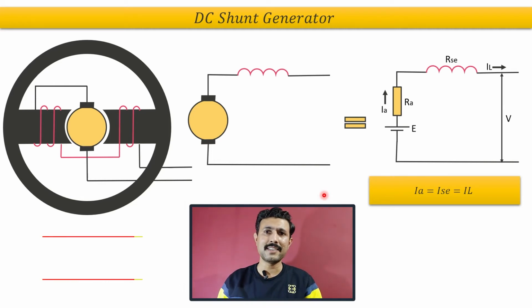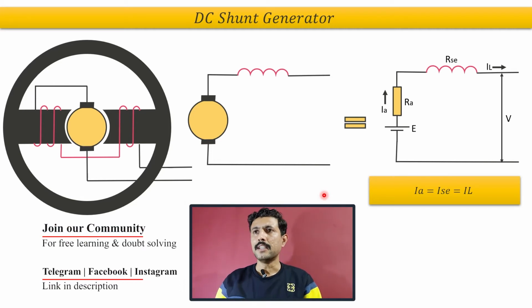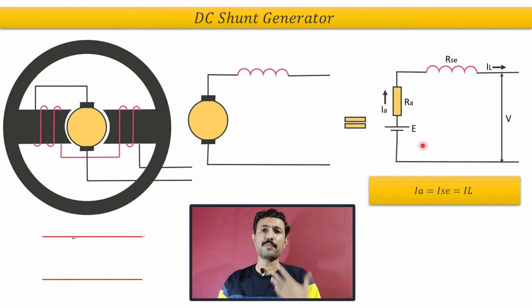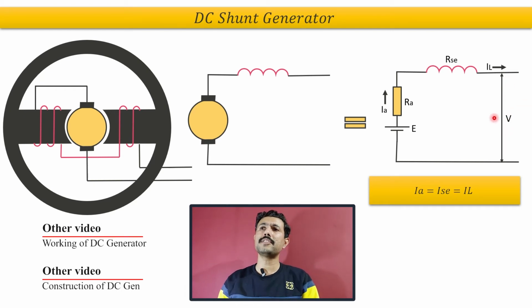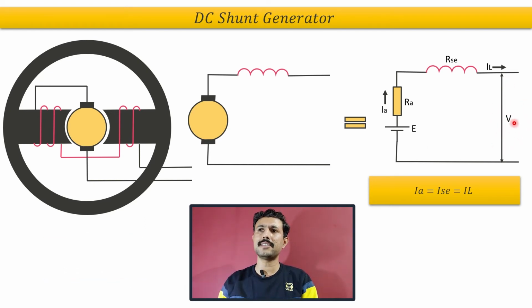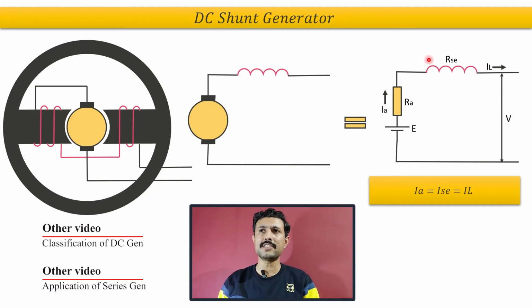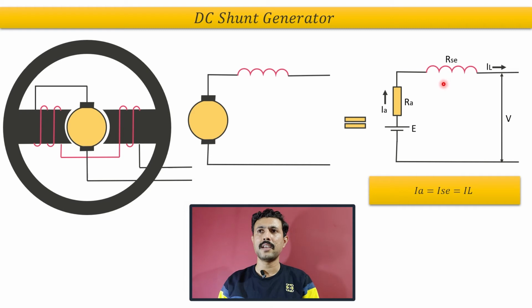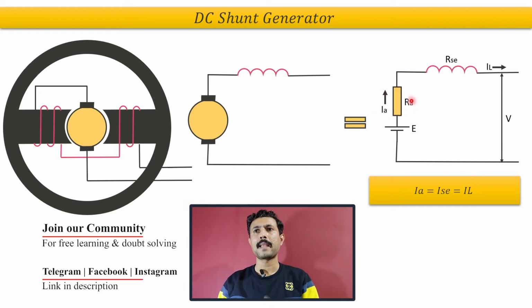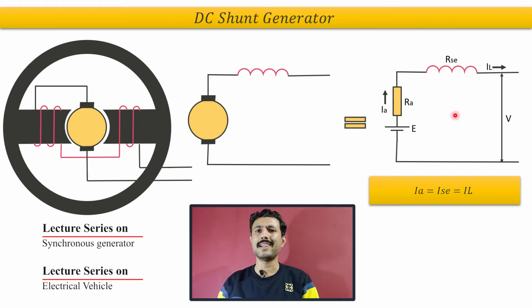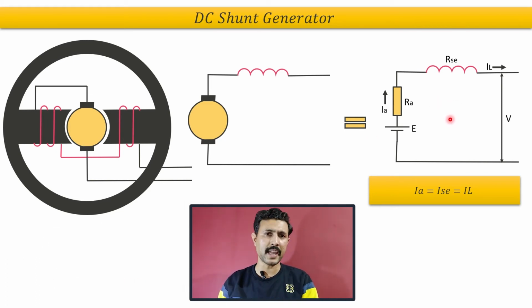Now let's find the relation between E and V. To establish the relation between these two, if we are talking about a practical generator, we can measure the terminal voltage. So we have this terminal voltage. What do we need to do? We need to add the voltage drop that occurs in this resistance, or in this winding, and the summation of all these three will be equal to the terminal voltage. From this simple logic, it is basically KVL.